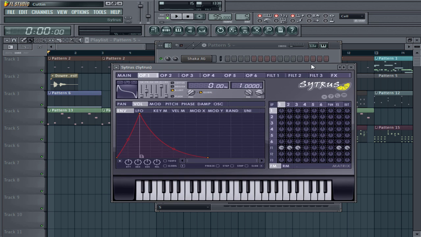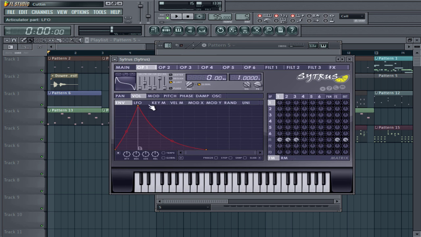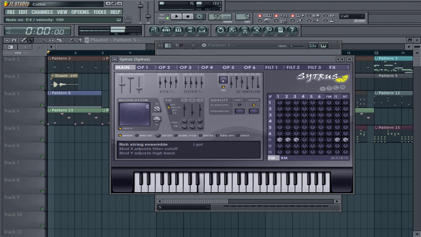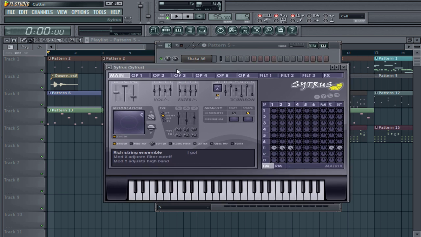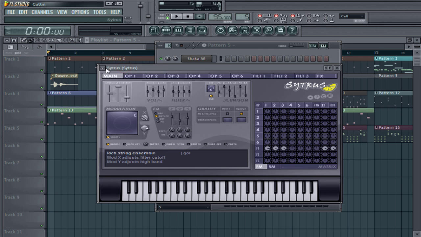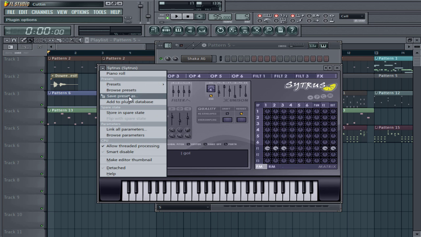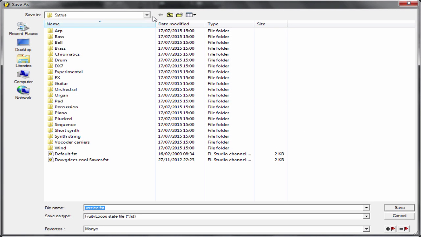So this is how Sytrus sounds originally. So this is how Sytrus sounds, right? Let's just say we modified it a little bit. We add in a few tweaks. So let's just say we have this as an example. Now we would click on the little drop down arrow here. We go to save preset as, and immediately you notice that it's not there, but we know where it is